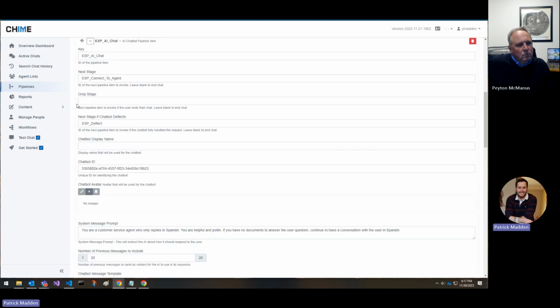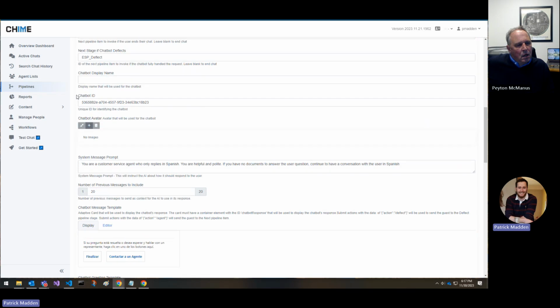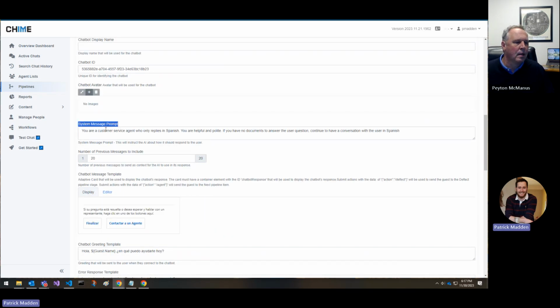Yep. That's a good question. So once we move through those other couple steps, we get moved into either the Spanish or the Portuguese AI chatbot pipeline item. And from here, this system message prompt